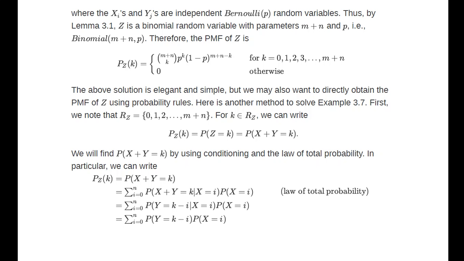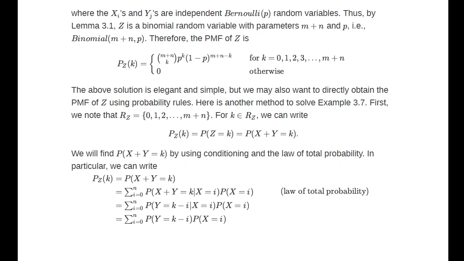First, we note that the range of Z equals 0, 1 and 2 until m plus n. For k an element in the range of Z, we can write P_Z(k) equal probability of Z equal k, equal probability of X plus Y equal k. We will find the probability of X plus Y equal k by using conditioning and the law of total probability. In particular, we can write P_Z(k) equal probability of X plus Y equal k, which